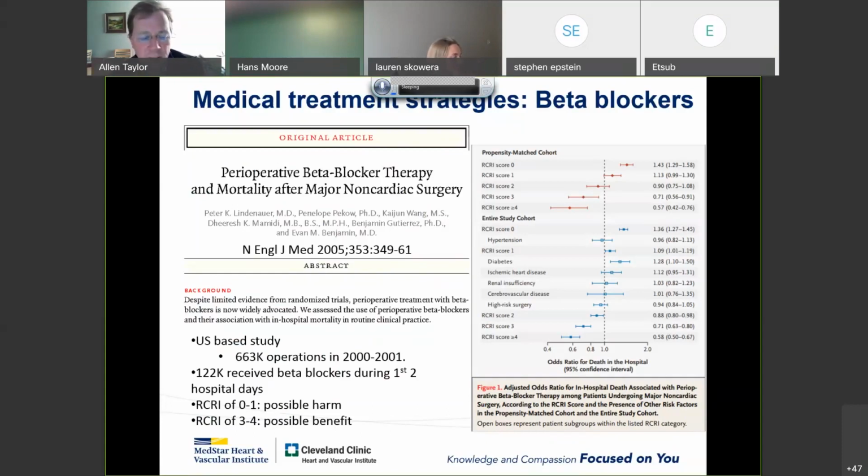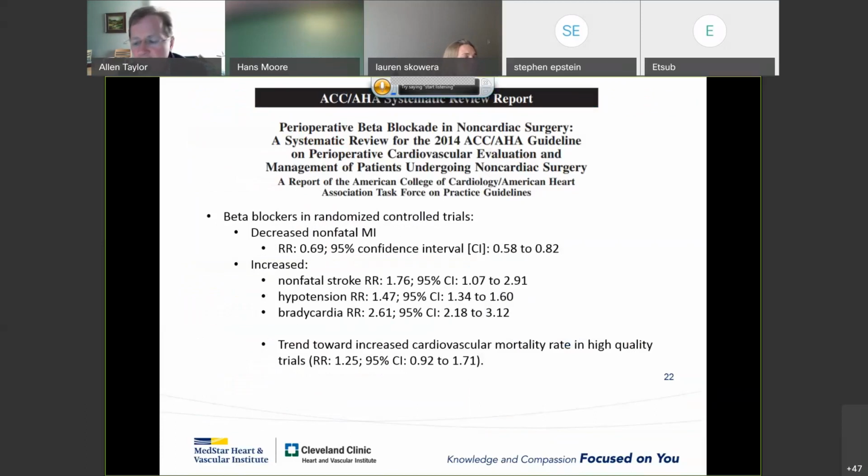So there's really a cautionary tale here in that there is potential harm of indiscriminate beta blocker use. There is a double-edged sword of mortality against other event prevention and adverse effects, and if benefit is there, it's confined, again, to the highest risk groups. Such that in 2014, the ACC/AHA revisited their guidelines and basically stated the following in a systematic review of the beta blocker use. That is that beta blockers overall decrease non-fatal MI, but increase stroke, hypotension, and bradycardia with a trend towards increased cardiovascular mortality,